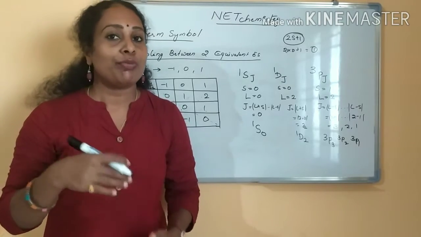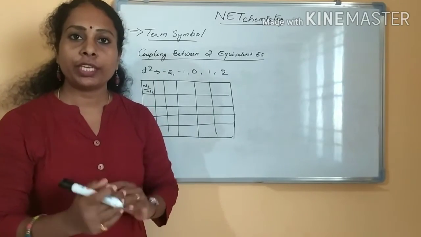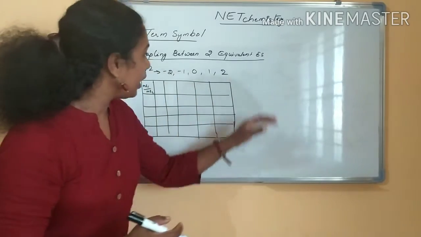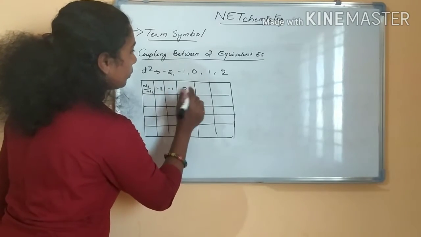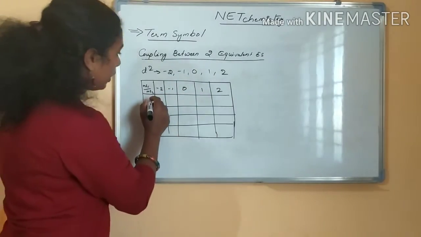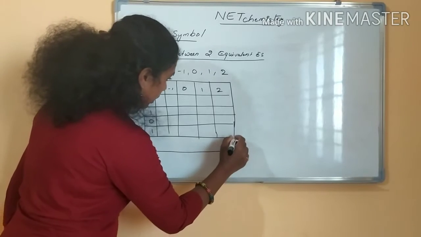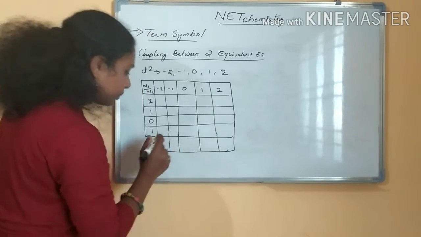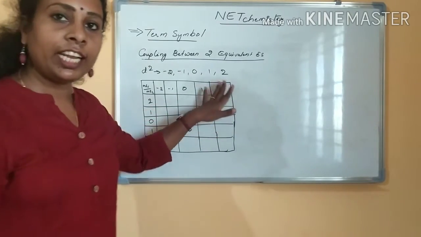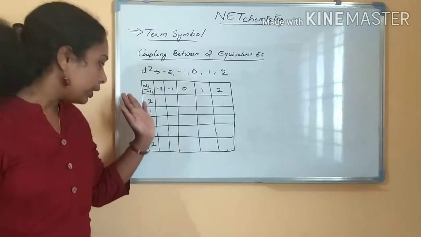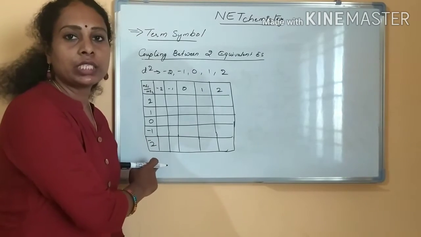We will see one more example for d2 electrons. Same way, for d2, what are all the angular momentum L values for the d orbital, you know? -2, -1, 0, 1 and 2, right? Here I am filling up this table with -2, -1, 0, 1 and 2. Okay, these are the L values I have written. D orbital L values are -2 to 2. Here also I have written -2 to 2.